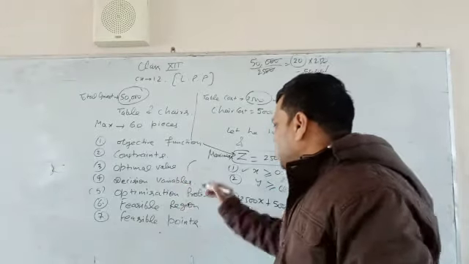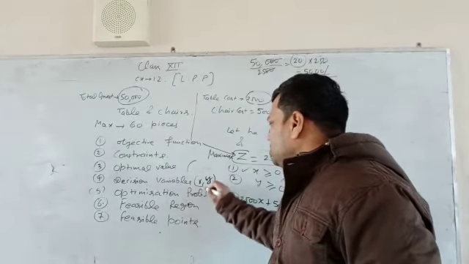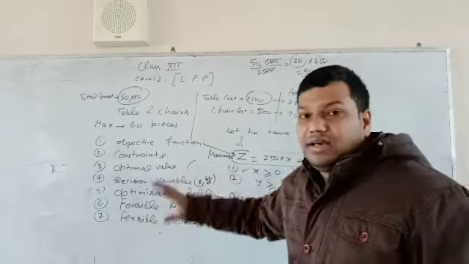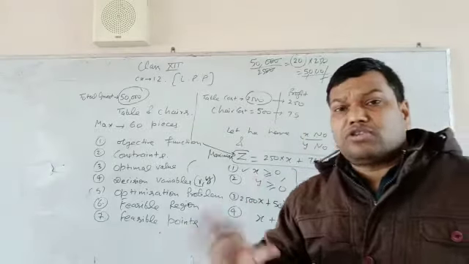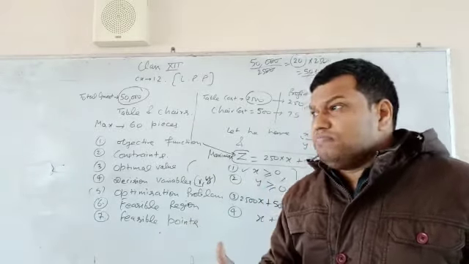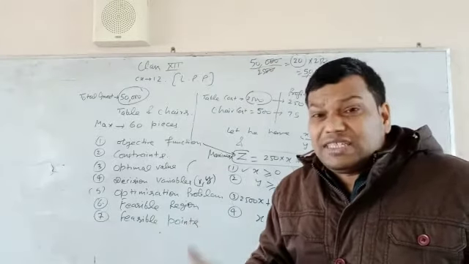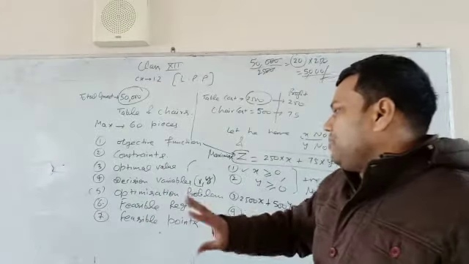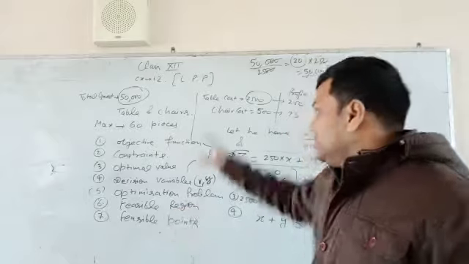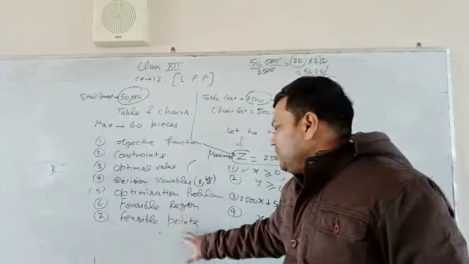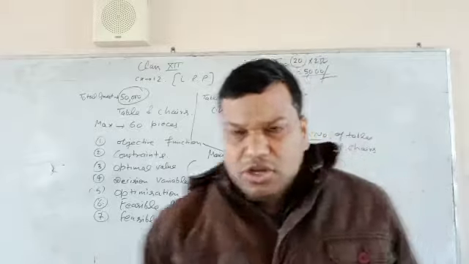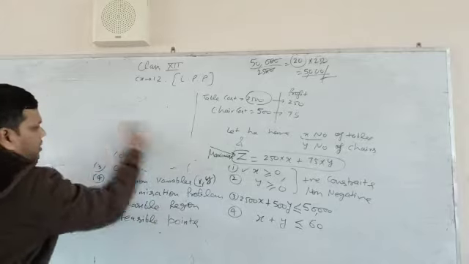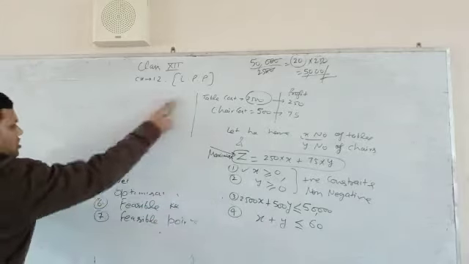The x and y, these are called decision variables, right? What is an optimization problem? You have to find the minimum cost or maximum profit, or minimum investment, maximum profit. These things are known as optimization problems. Feasible region and feasible points will be shown later in this video, so keep on watching. I am going to tell you how we solve this problem. You have to know these things first of all.